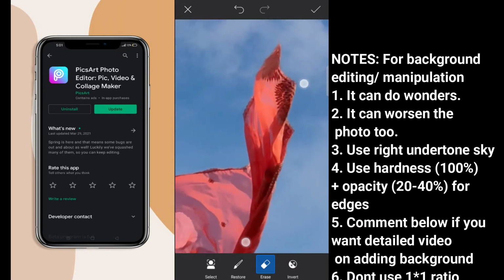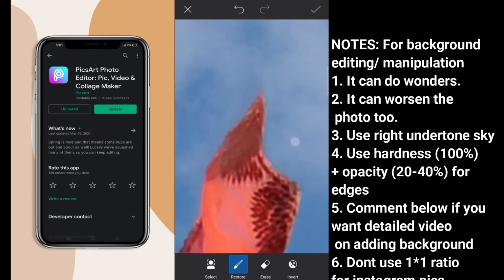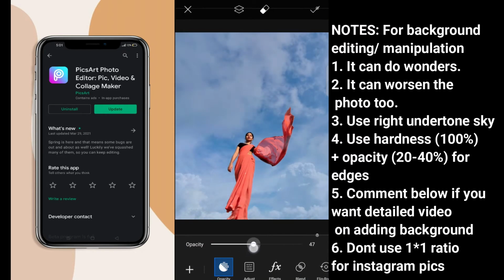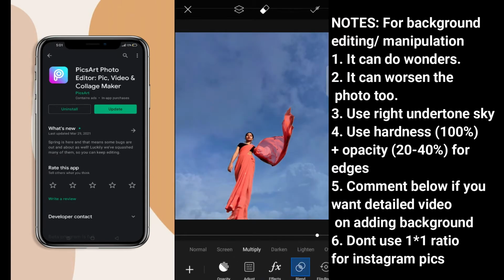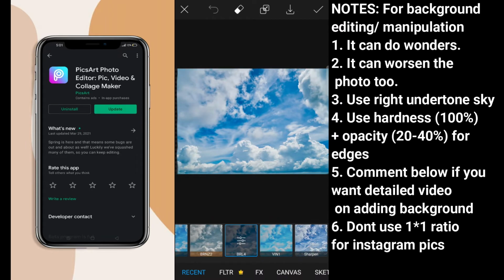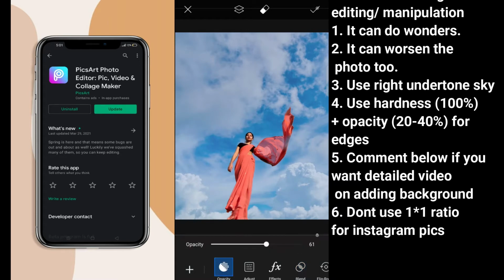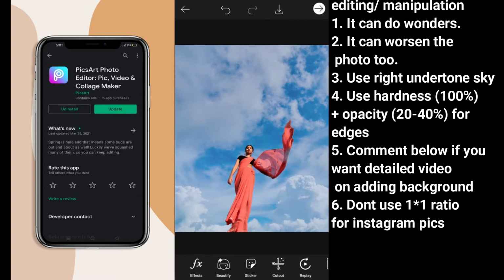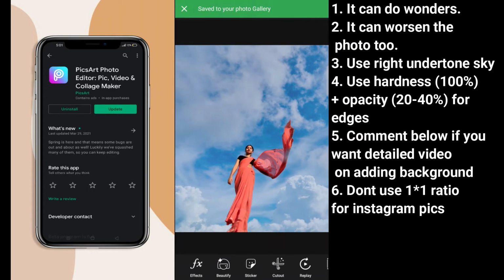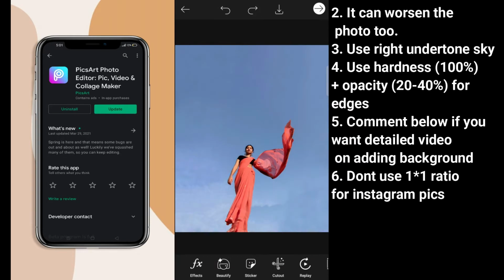So with that, I go to style, like I go to stickers and add a sky. You can search blue background, blue sky background, you'll get all of this. And make sure that you do not add the same sky, just zoom it in and add it. So I added this, and I went to the erase tool, you'll see it on the top, and after that you can select that you want it in the background, so you get it in the background. After that I went and tried some colors. I tried to reduce the opacity, and this works the best for me as per my pictures.